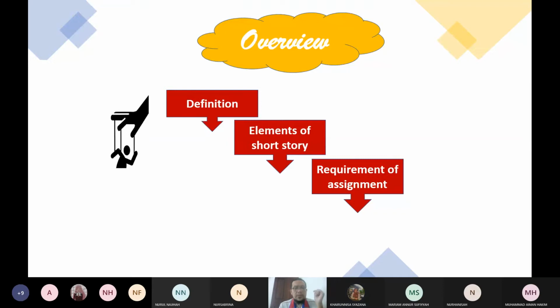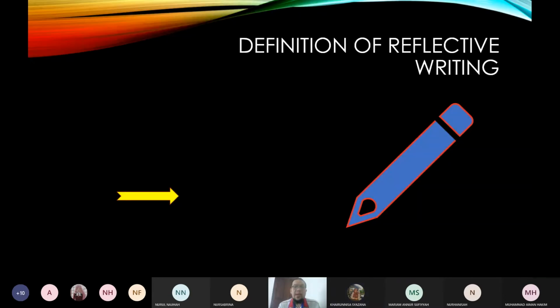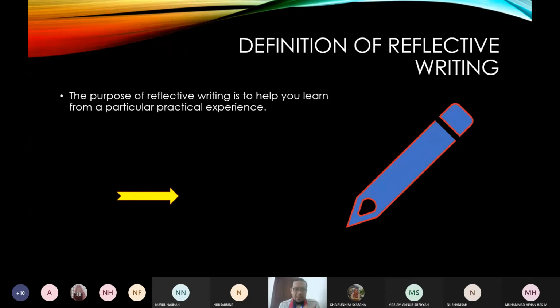Okay, today we are going to look at a few aspects of reflective writing. Kita akan tengok definition and then elements of short story, requirements of the assignment, what you need to do to accomplish this assignment. Alright, the definition of reflective writing basically is the purpose of reflective writing is to help you